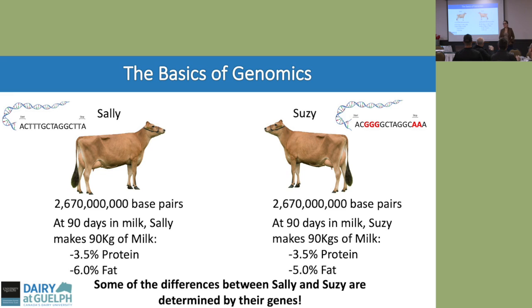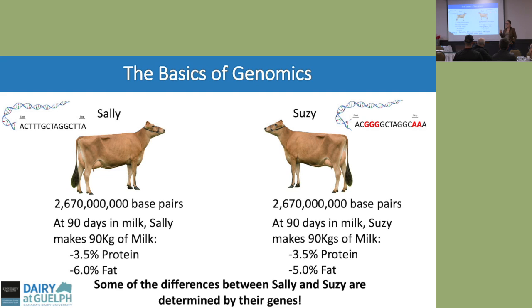Who's pregnant? Okay, they're both pregnant. They both eat the same, they look the same. Sally. Sally, right? Clear. She's got 1% more fat. Perfect. Beautiful. So you're keeping Sally, but the reason that Sally might have 1% more fat is because of her DNA. When you go back to those single nucleotide polymorphisms and you look at the difference between Sally and Susie, and you match up this difference in phenotype with the differences in the DNA, you can start to identify where they're different.